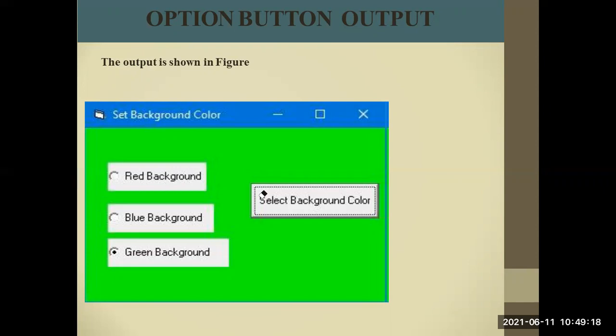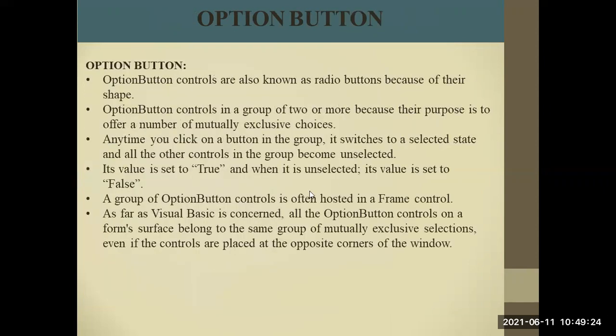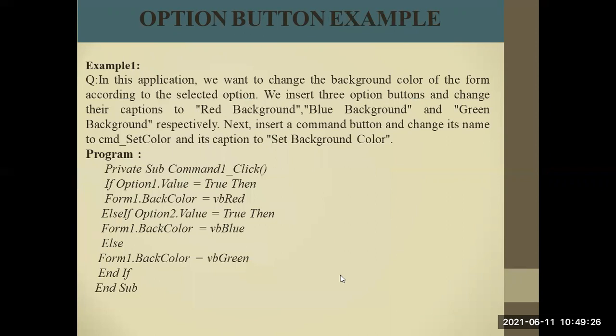ठीक है, जब भी हम लोग इस बटन पे क्लिक करेंगे इवेंट होगा. क्या इवेंट होगा? And we declare the event here. Okay, the program for the event or the method for the event is this one. So we are changing the background color.